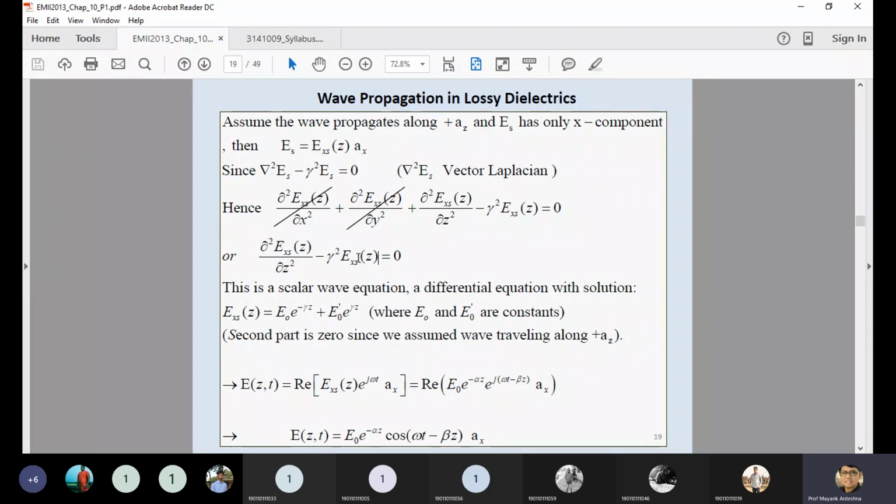So that's why, instead of this Ex Z, they are mentioning this equation: E0 e raised to minus gamma Z plus E0 e raised to gamma Z. What is the meaning of this one? E0 is the amplitude, and e raised to minus gamma Z indicates your signal is moving in the Z direction, but it is exponentially decreasing. With how much? It's an exponential decrease with gamma, because gamma is your propagation constant, and gamma is equal to alpha plus j beta, which is the attenuation plus phase shift constant.